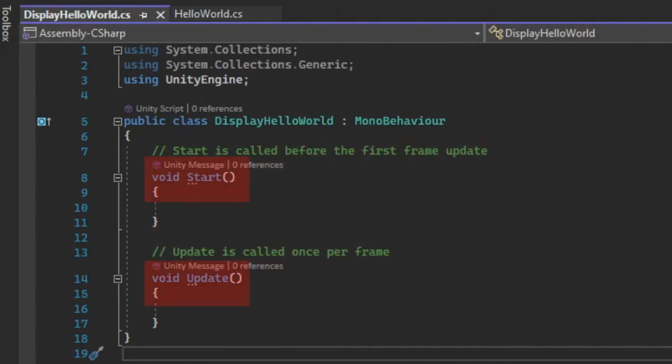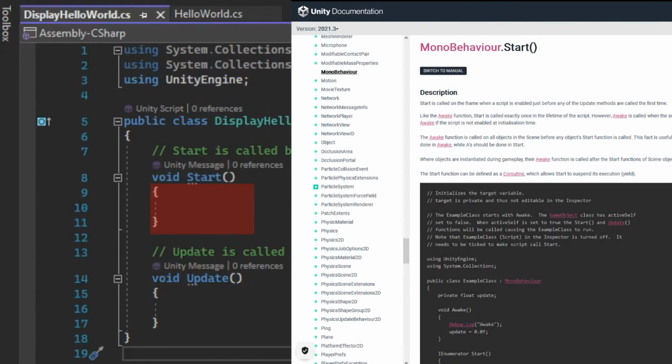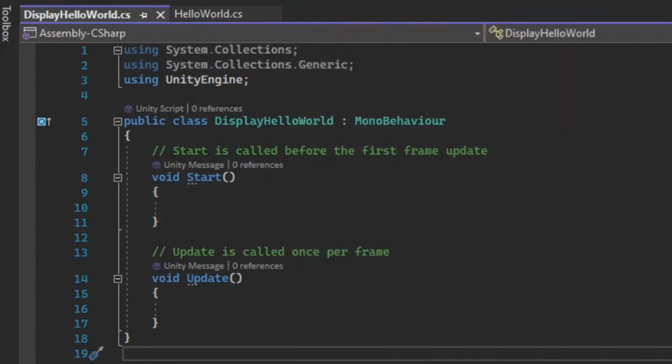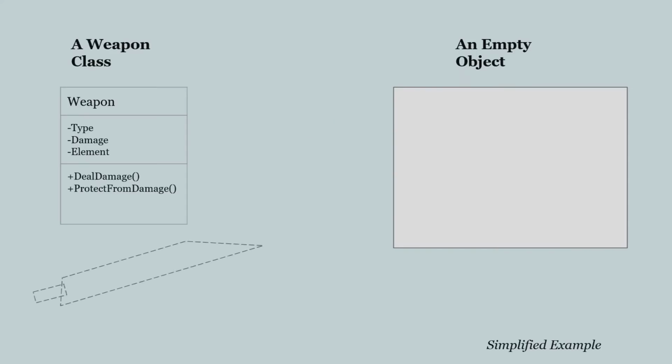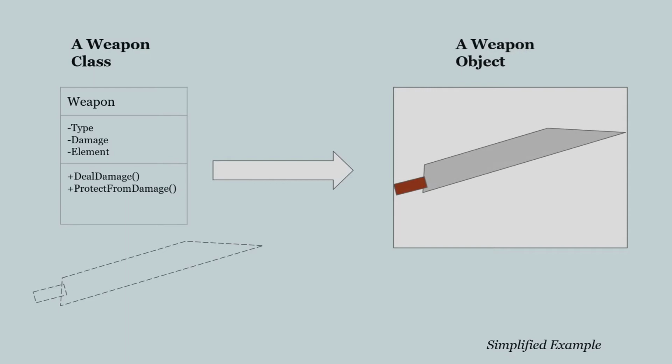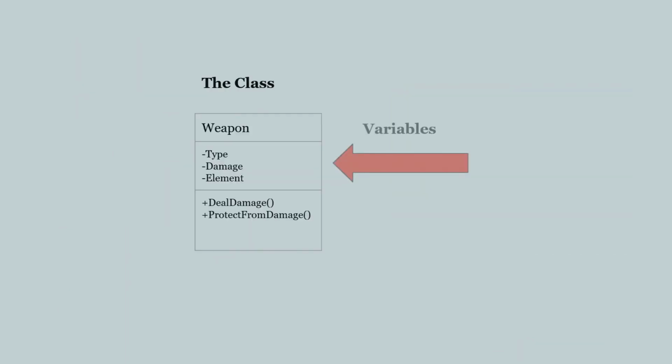Then we have these two lines. These are methods that were created and we are inheriting from MonoBehaviour. All code within the start curly braces will be run before the first frame of the game, and all the code in Update will be called every frame. So what is a class? A class is a blueprint of a functionality that when given to an object, that object can use that functionality. Classes will contain variables, which is data you want to store or use, and methods that grant functionality to the